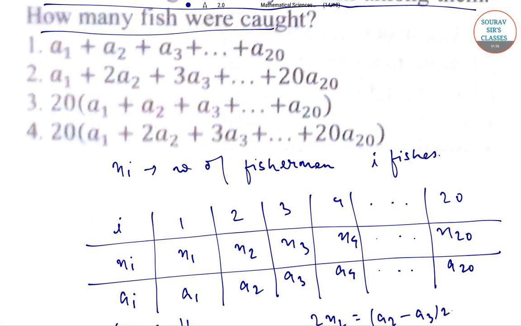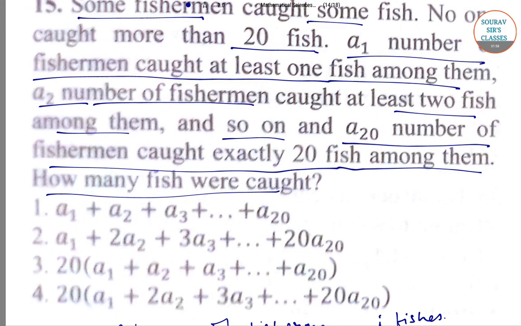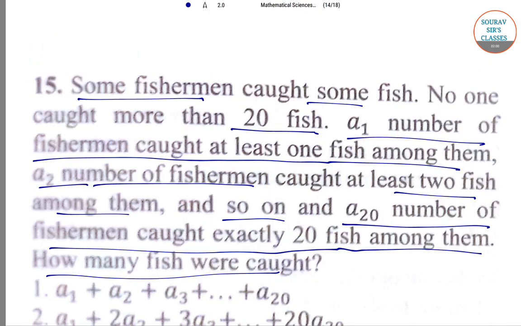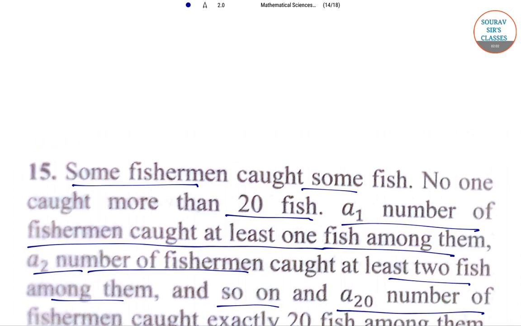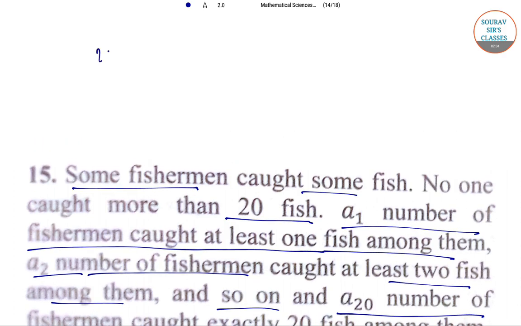Thus, the number of fishes which are caught by fishermen who caught twenty fish, 20 into x20, is equal to a20 into 20. Now this is a kind of a telescoping sum,